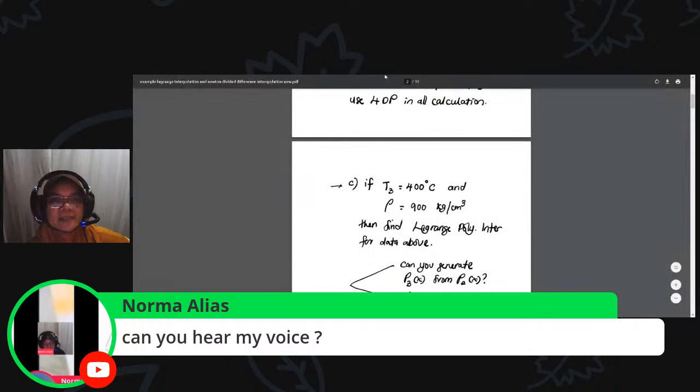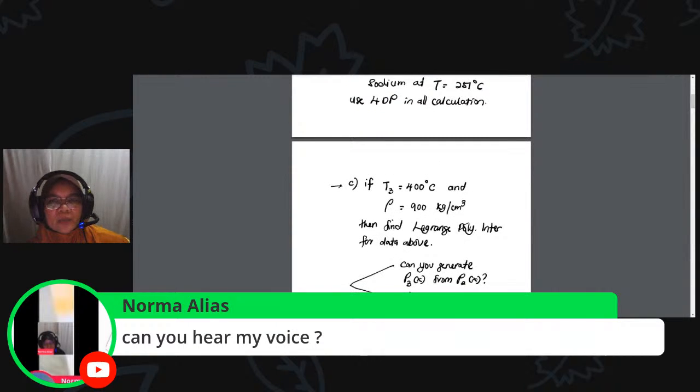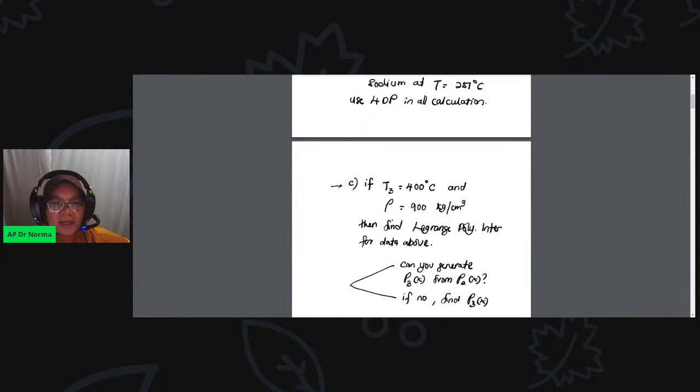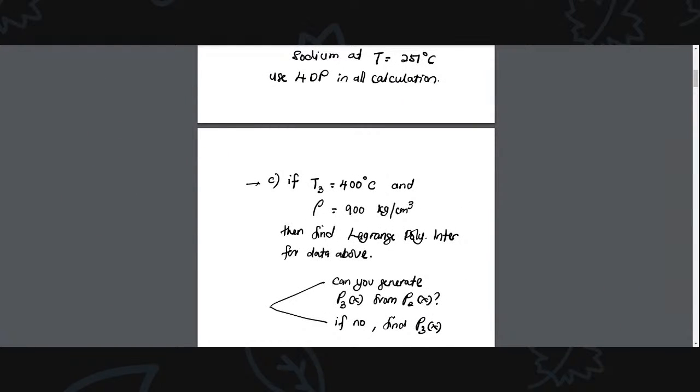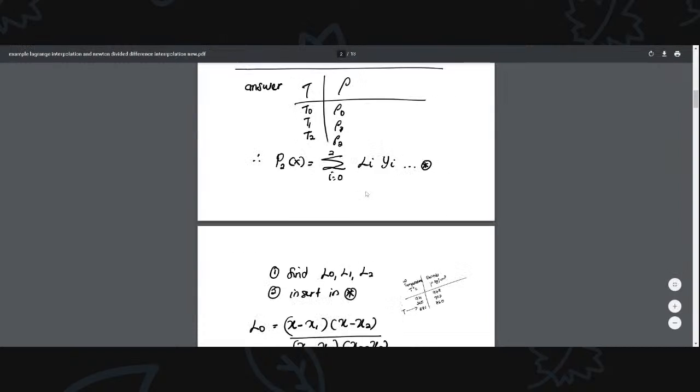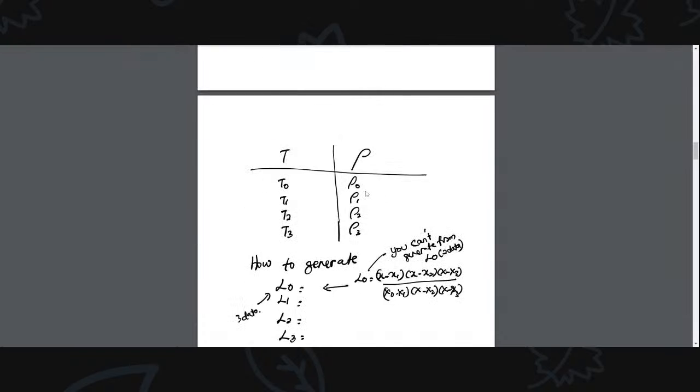From here, you can see, I focus on this note. You learned about the